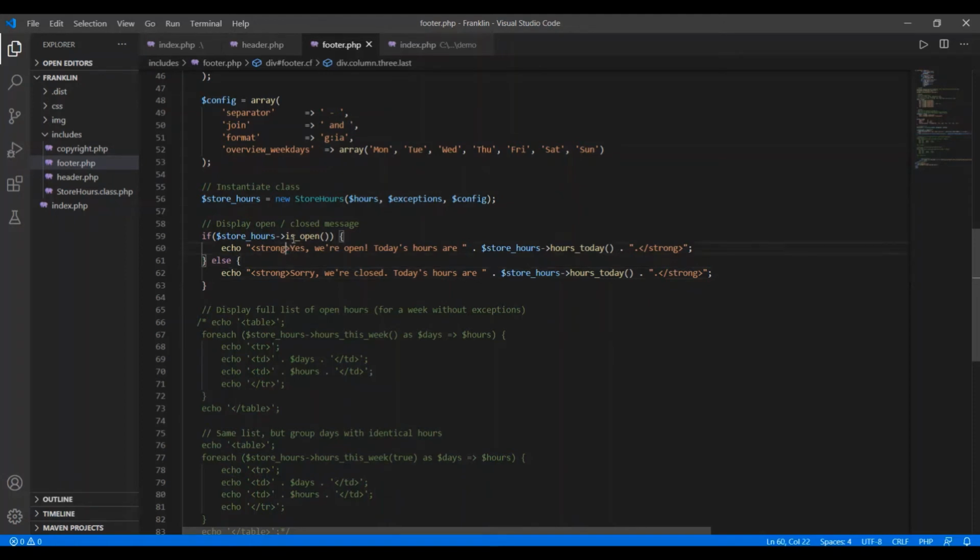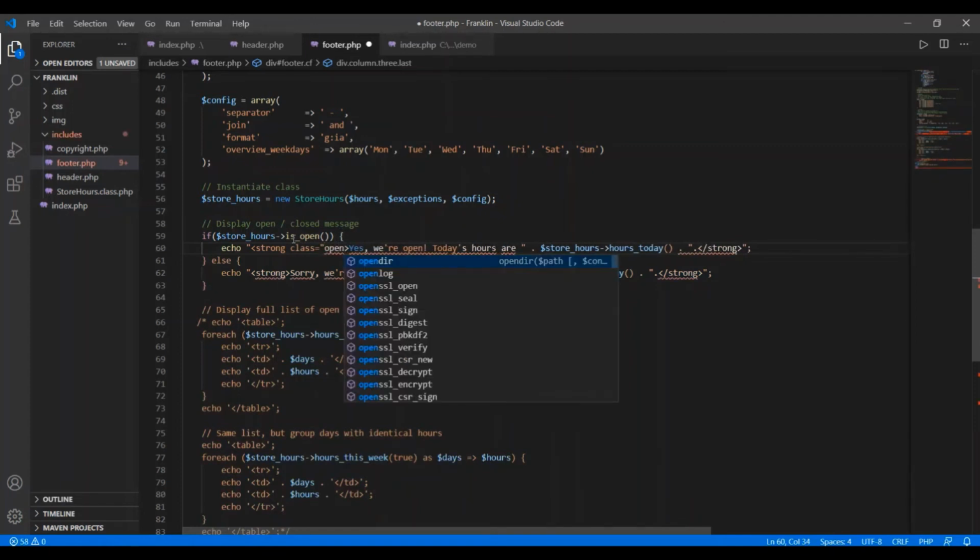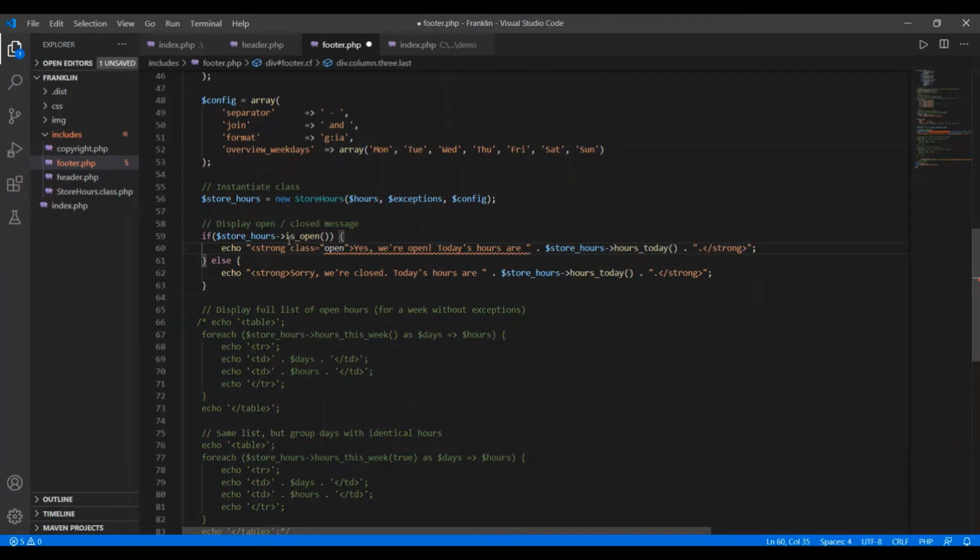So what I will do, I will add a class to this strong element. So I will use class, and to this I would like to make class as say open. I have already created this class in my CSS file.